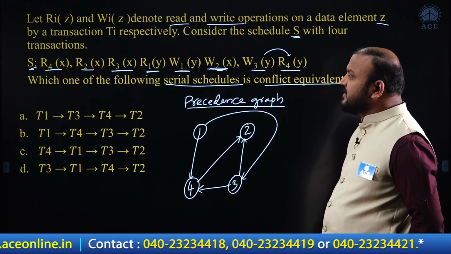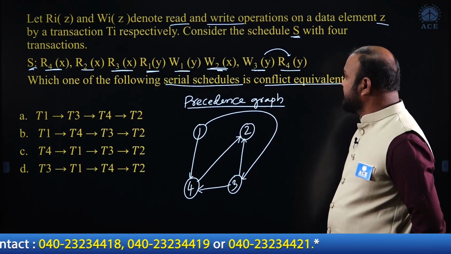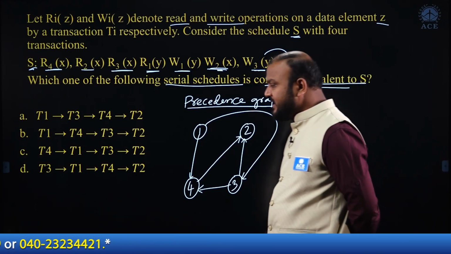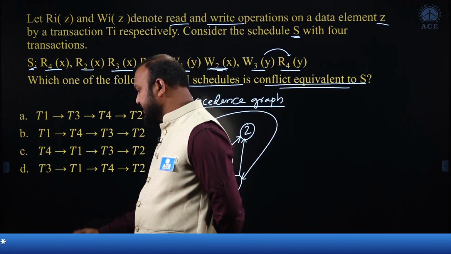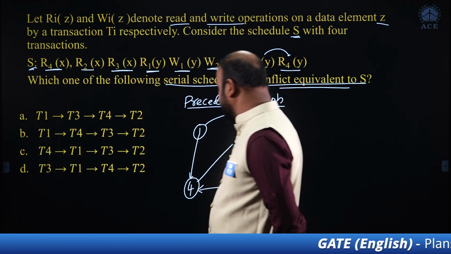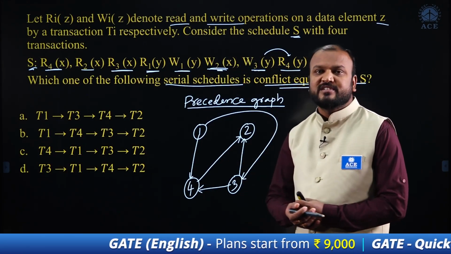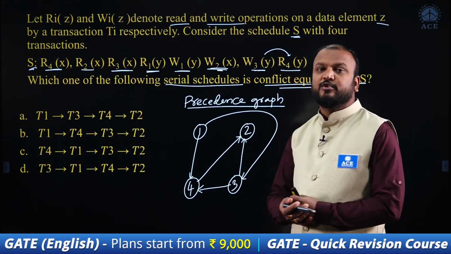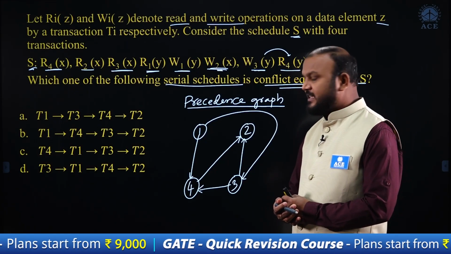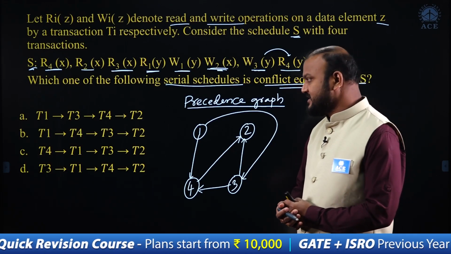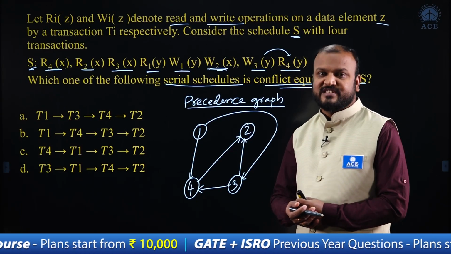Now question is, which of the following serial schedules is conflict equivalent to S? Now how to find which is conflict equivalent to S? As you know that we have to perform a topological sort on the precedence graph to find the serializability order. That is one solution. But what I recommend you is, whenever options are given, so better you check with the